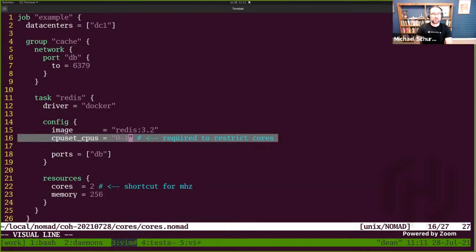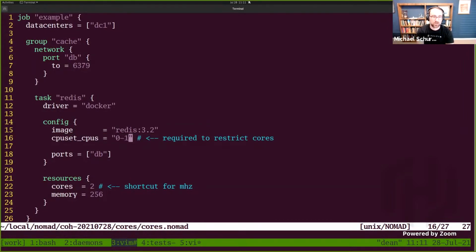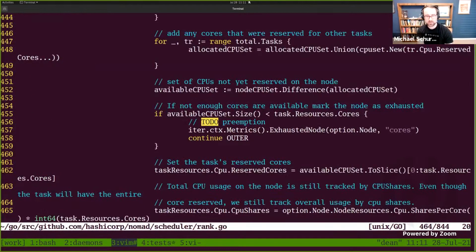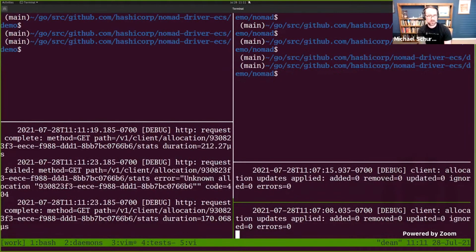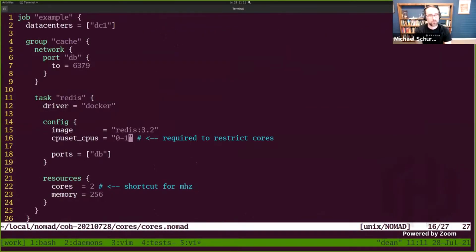So this is a way of specifying that I'm restricting this task to run on the 1st and 2nd cores on my laptop. So let's see here. I think that's all the interesting stuff there. These terminals got all mashed around, but point being, I'm running a Nomad server and a couple Nomad clients. We'll use those a little bit more later as well.